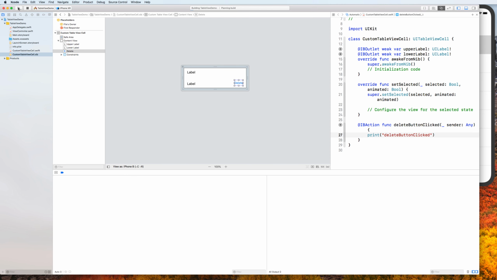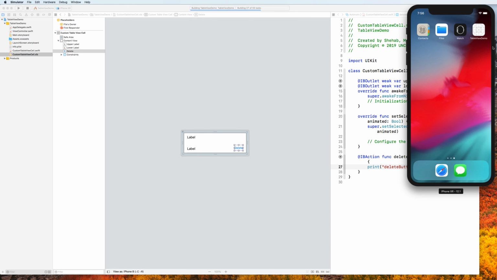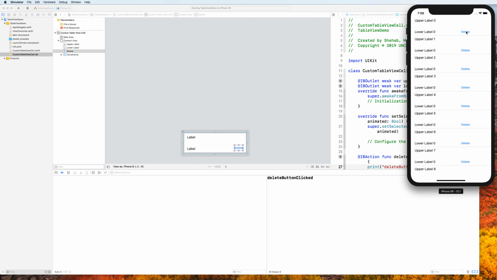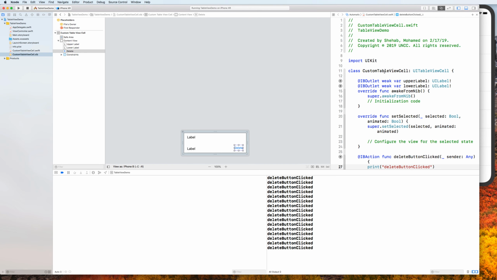So now when I run it, you'll see that there will be a button, and when you click the button in the cell, it just says that the button has been clicked. Very nice. So you could see here, I click on the button and it says the delete button clicked. Very nice. So you could see that the event is happening. Now, what if I want to bubble that event up to the